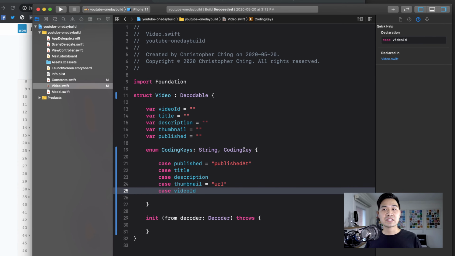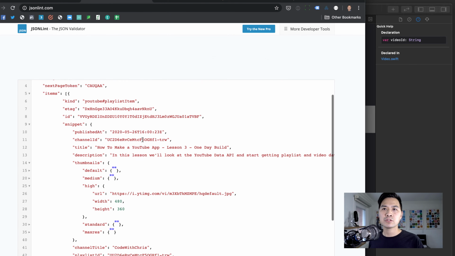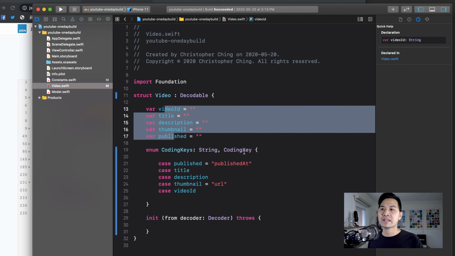Okay, in addition to specifying the JSON keys that map to these properties, there are a couple of other keys that we're interested in, right? If you take a look at this JSON object, this represents a video object, but all the values that we're interested in are actually inside this JSON object, which is keyed by the snippet key. So we actually are interested in this snippet key as well. We need to reference this in order to fetch this JSON object that really contains all the data. So I'm going to also specify up here